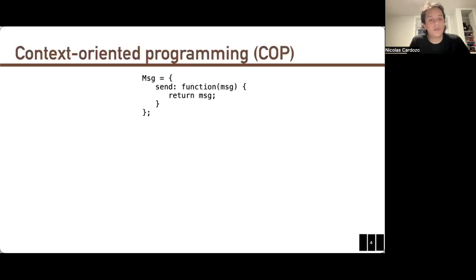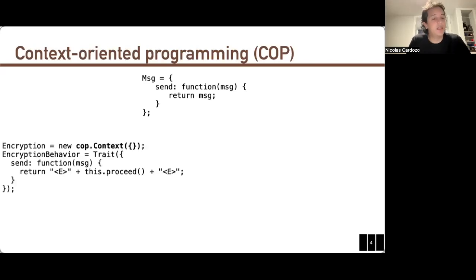One particular way of doing this is using context-oriented programming, a paradigm to enable dynamic adaptations to the context of the execution environment. In context-oriented programming, in this particular example, we are using a messaging object that can send messages. We can adapt the behavior of this message dynamically by first defining the behavioral variation. This behavioral variation, for example, defining an encryption variation in which the send function is annotated with a particular string,